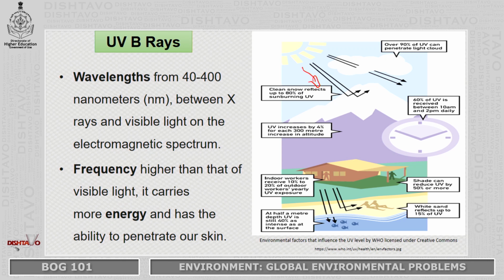And by the time these rays come down to us on the earth, we have our homes, we do our activity indoors and outdoors. The time when the intensity of these ultraviolet rays is highest is between 10 a.m. to 2 p.m. daily. What can protect us from these ultraviolet rays is the shade.